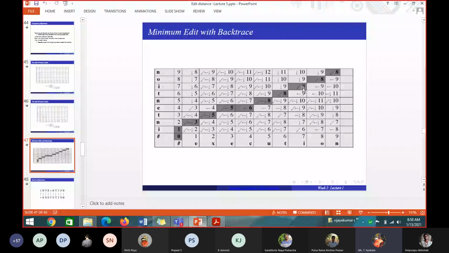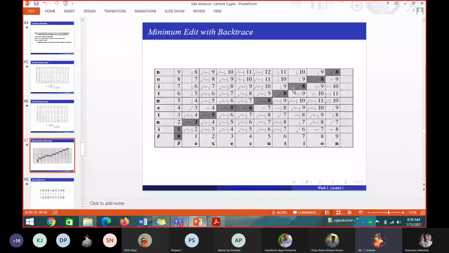Now come to T and T 8, I have to process. When I am processing T and T 8, this 8 I have arrived from which one? Can you tell me, students? Left side 9 plus 1, down 9 plus 1. Diagonal is 8, either 8 plus 0 or 8 plus 2. Which one did I arrive from, students? Diagonal, ma'am. Diagonal, that is N and U 8. Yes or no? Yes, ma'am. So put an arrow mark. You circle this 8 and put this 8. I got it from this 8.